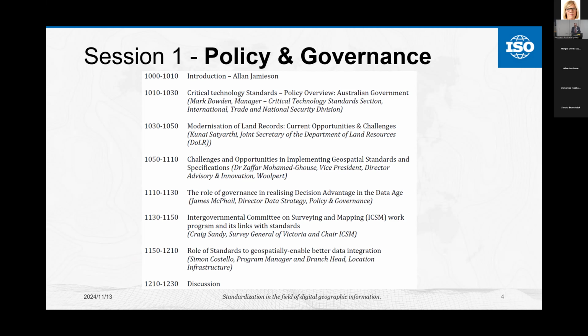Our first speaker is Mark Bowden. Mark comes from the Critical Technology Standards section at the International Trade and National Security Division, part of the Australian government. And his talk is entitled Critical Technology Standards, a Policy Overview from the Australian government. So, Mark,